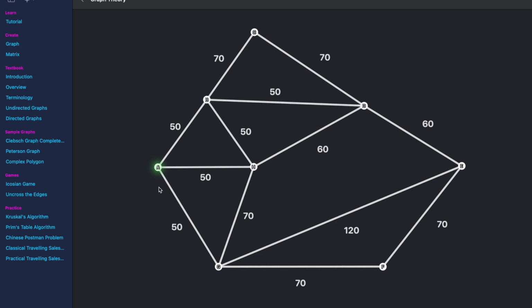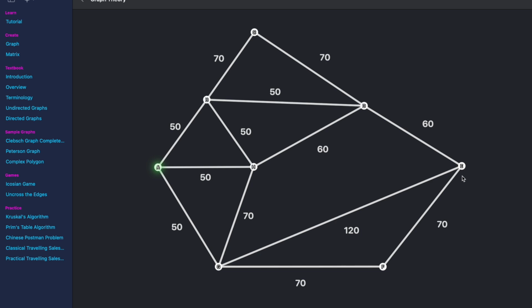The next thing that we need to do is to identify all of the vertices of odd degree. In this graph, the Chinese postman problem is going to be fairly straightforward because there are only two vertices of odd degree. The first vertex of odd degree is A, and the second vertex of odd degree is